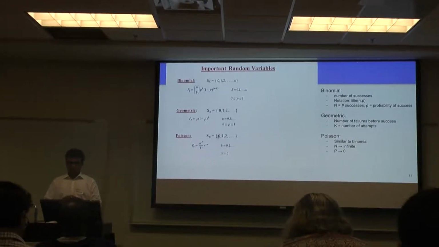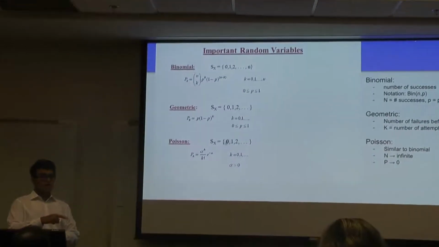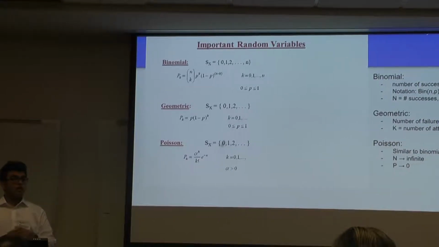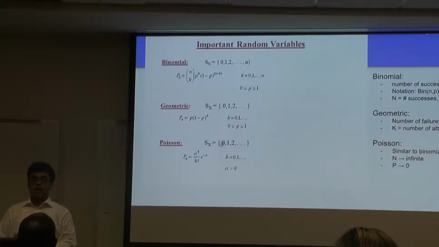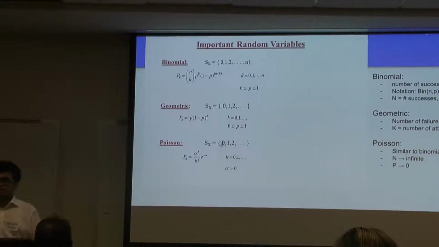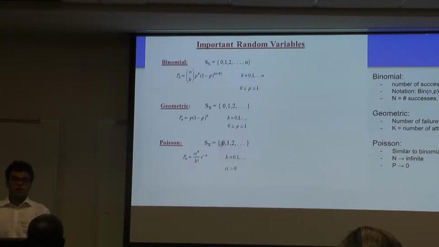So there, the notation is bin(n, p), where n is the number of trials and p is the probability. So in our case, if we're trying to roll the dice 12 times, we're trying to get a 6. The probability of getting a 6 is 1/6, right? Because there's 6 different numbers on a dice, 1, 2, 3, 4, 5, 6. And we're trying to get the number 6, so that's a 1 out of 6 probability of happening.